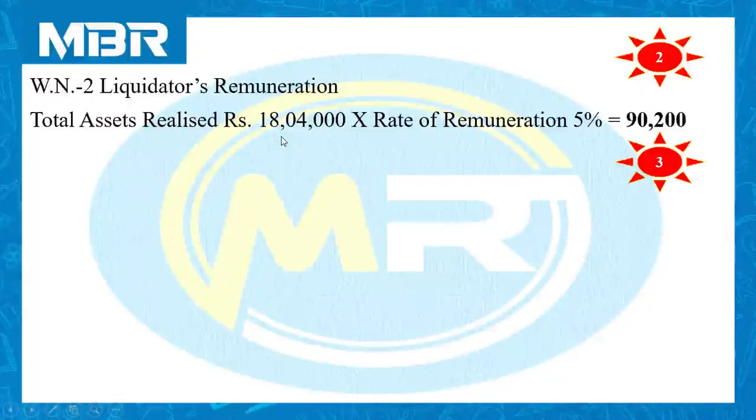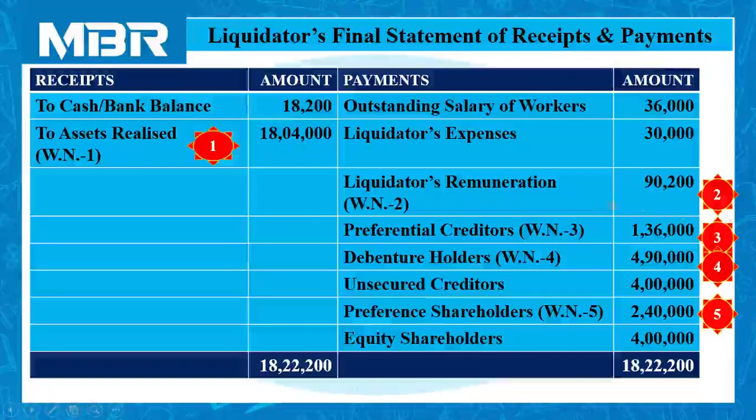So 18 lakhs 4,000 multiplied by 5% is equal to the amount of liquidator's remuneration, and it is rupees 90,200. We have inserted 90,200 in the statement on the payment side as liquidator's remuneration, working note number 2. Now,